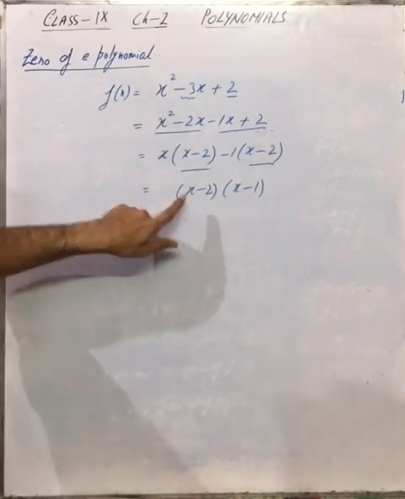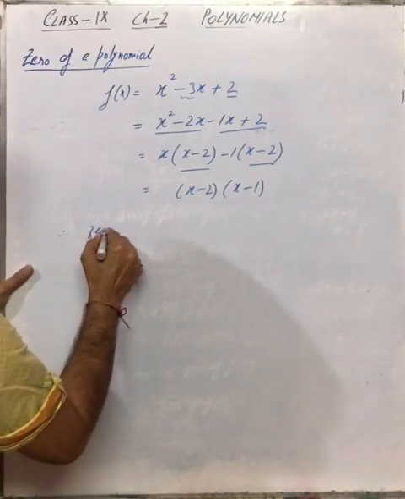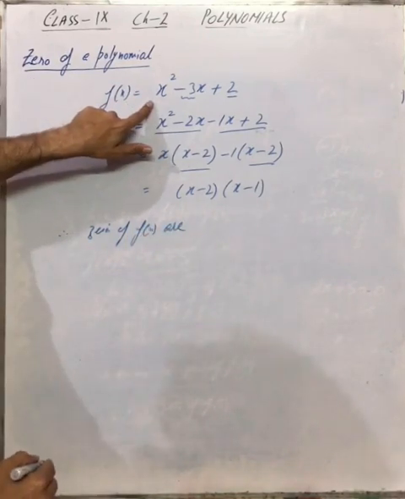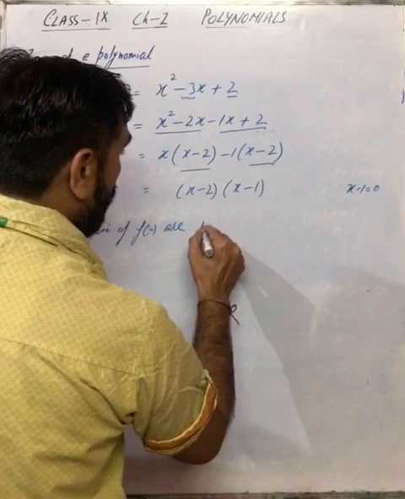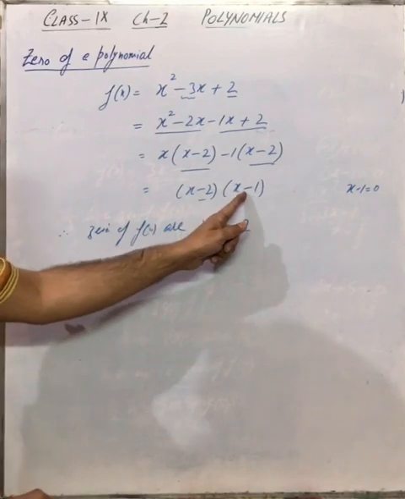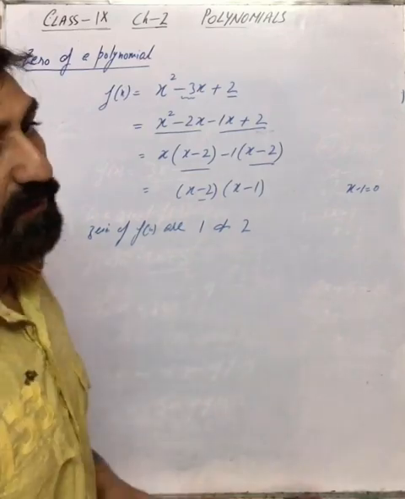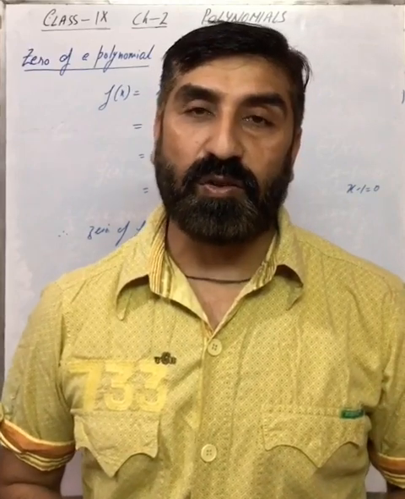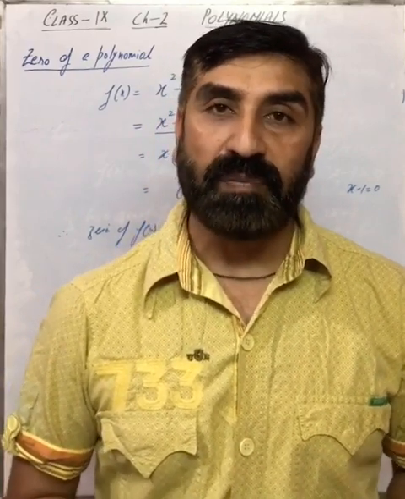Being a quadratic polynomial, we got 2 factors. तो यहां से zeros आएंगी. Therefore, zeros of fx are, being quadratic, I told you it will have 2 zeros. तो कौन सी आएगी? यहां से कौन सी आएगी? x minus 1 is equal to 0 करेंगे तो 1, and from here it will be 2. So x minus 1 will give you the zero 1, x minus 2 will give you the zero 2. So students, this is how you can find the zeros of a quadratic polynomial. I hope you got this concept, how to find the zeros of a polynomial and how to verify whether the given values of the variable are the zeros of the polynomial.